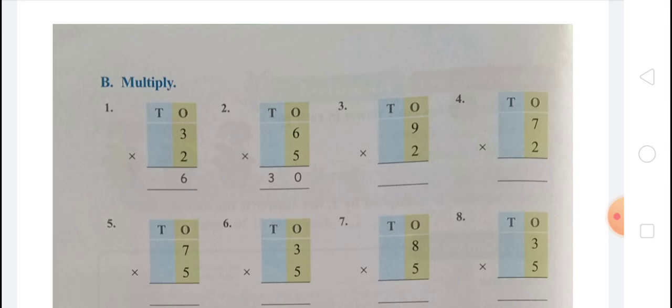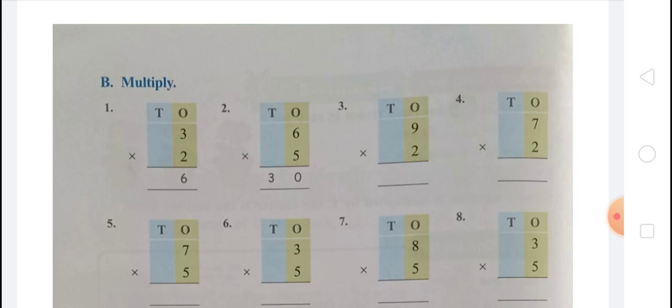Next, we have to multiply 6 by 5. So we have to read the table of 5, six times: 5 ones are 5, 5 twos are 10, 5 threes are 15, 5 fours are 20, 5 fives are 25, 5 sixes are 30. So here we will write 30. On the tens place will be 3 and on the ones place will be 0. Hence 3 tens 0 ones make 30.